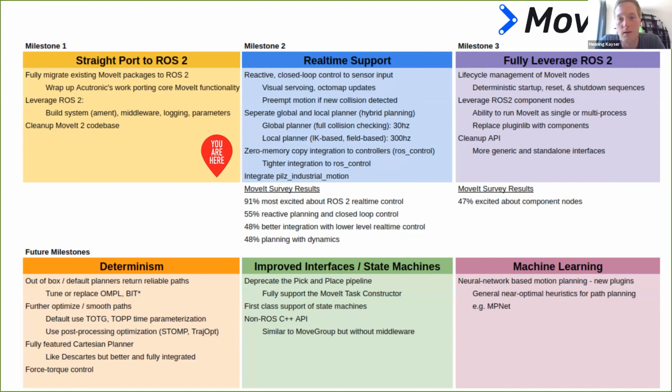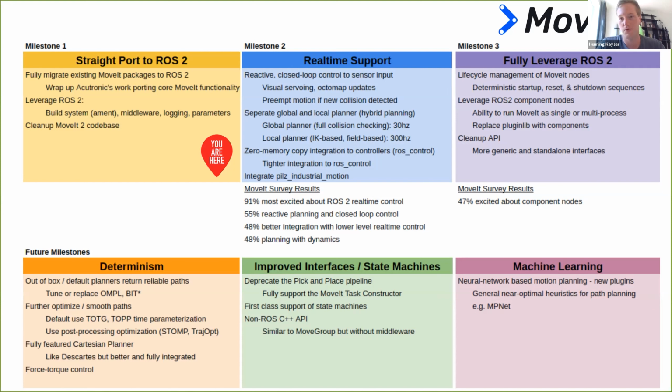So that means we are right now looking into particular ways of adding real-time support for closed loop control. And at the same time, we are looking into leveraging the ROS2 component nodes. So we're pretty much working on milestone 2 and milestone 3 at the same time because we're factoring the MoveIt architecture, which is probably required for